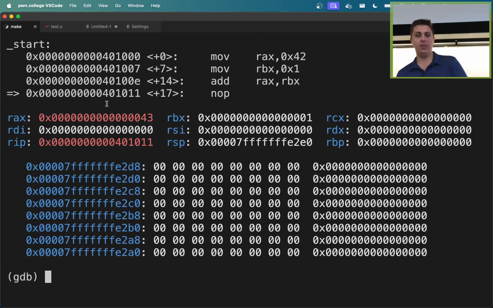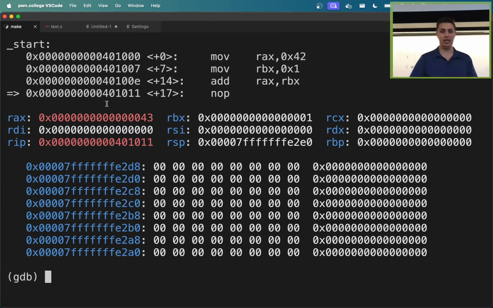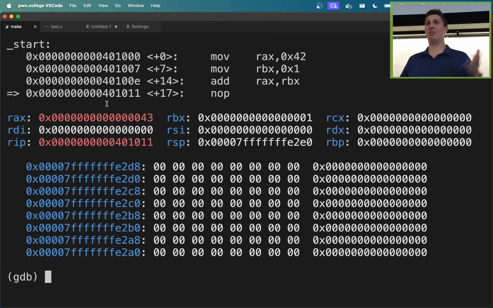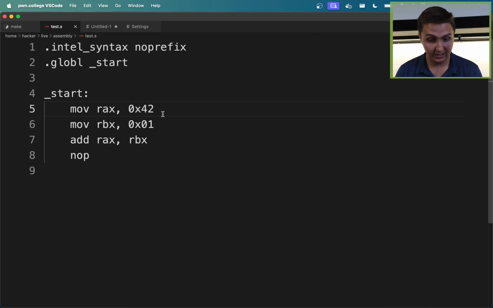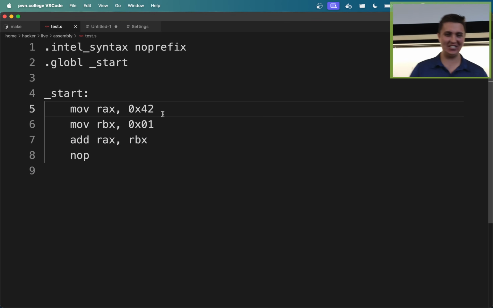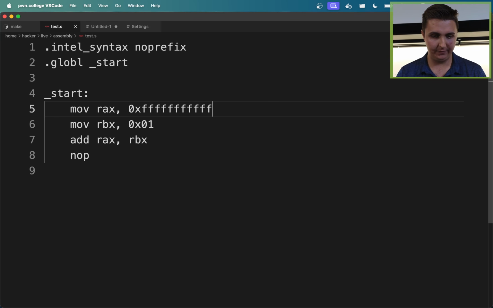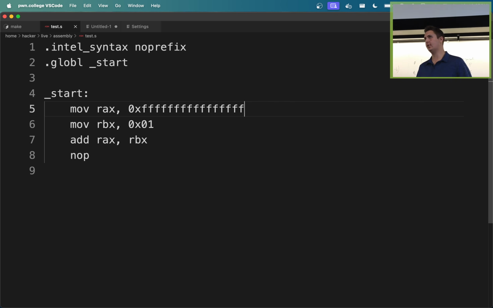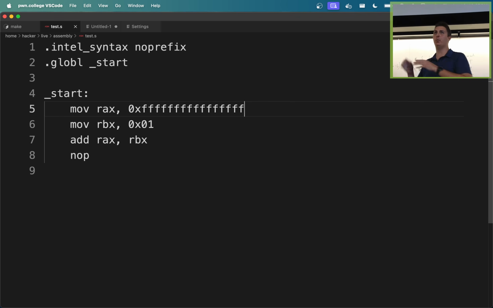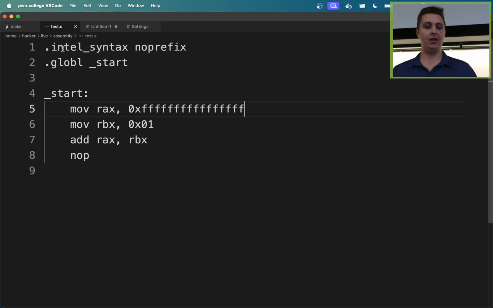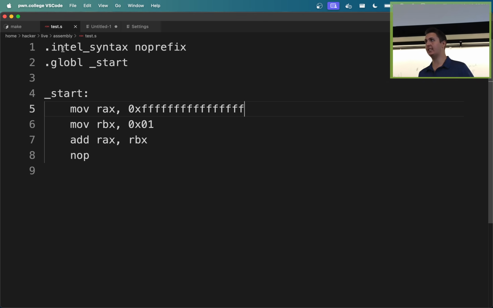Okay, so that is registers. Does everything make sense, right? These registers hold 64 bits. I guess let's quickly show what happens when we run out of 64 bits. So let's say we move into RAX the value 1, 2, 3, 4, 5, 6, 7, 8. Right, so we are doing 64 bits where each of those individual bits is a 1. This is the maximum possible 64-bit